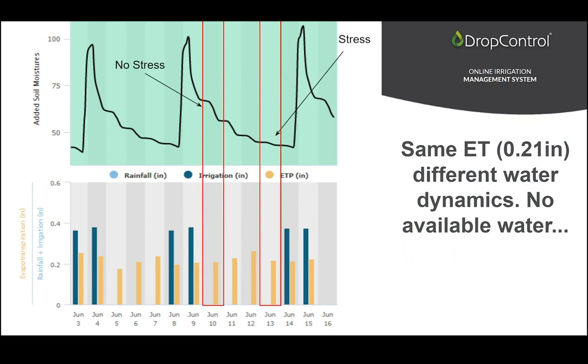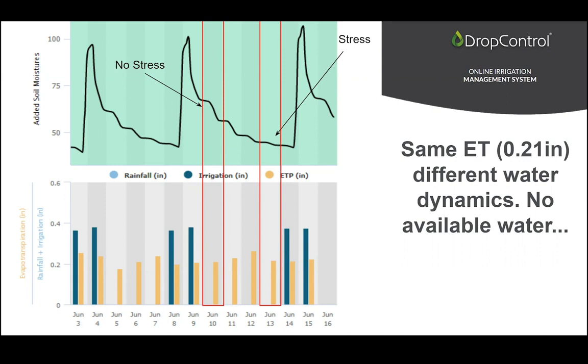That is because there's no water available. The tree does not have the capability of pulling any water from the soil, so there's stress. At the same ET level, with no change in weather, the difference is that on the first day, the day right after irrigation, water was available. On the fourth day, the day before irrigation, water was not available. And you can see that with the same ET, there are completely different consumption rates, so you can differentiate between stress and no